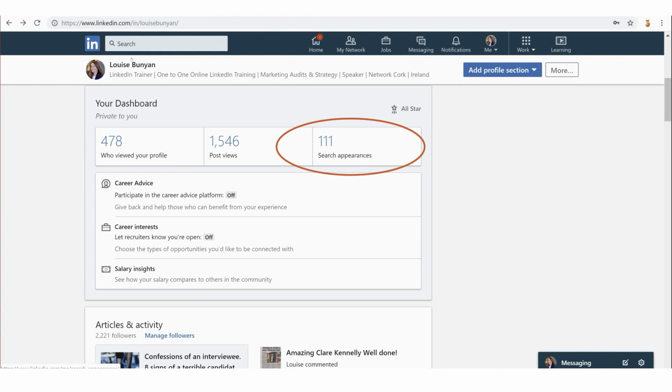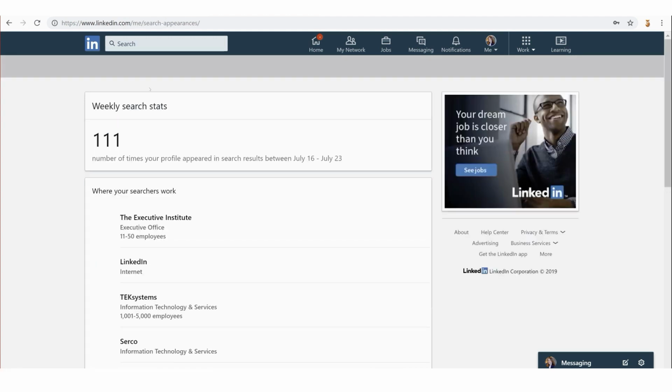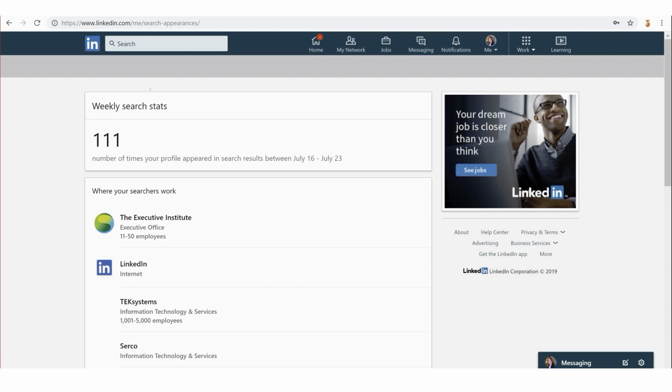Now, you may have a very small number, like 5 or 7, or you might have a bigger number. But this is clickable, so we're going to click on that. And then we get into our weekly search stats area. You can see my profile appeared in searches 111 times between the 16th of July and the 23rd of July.